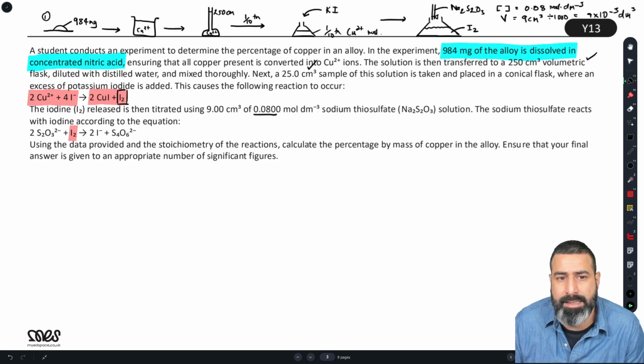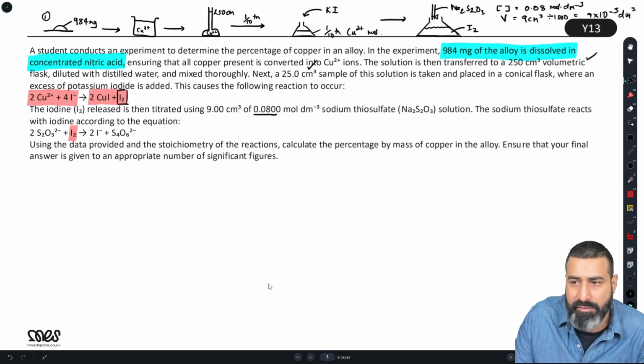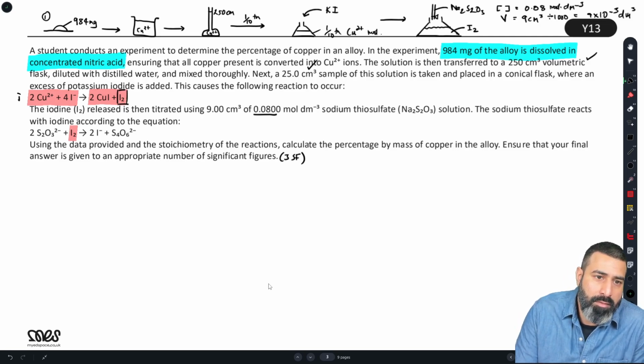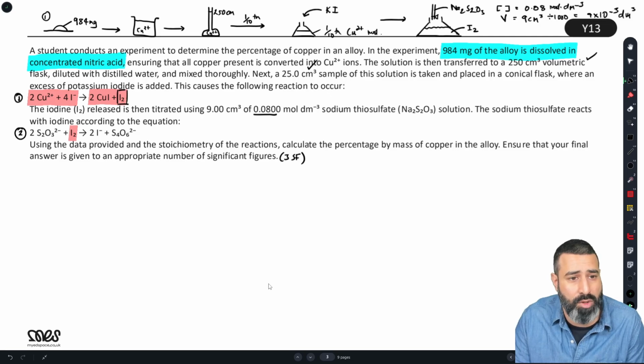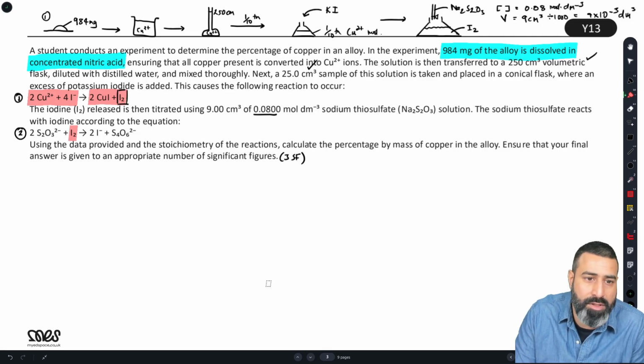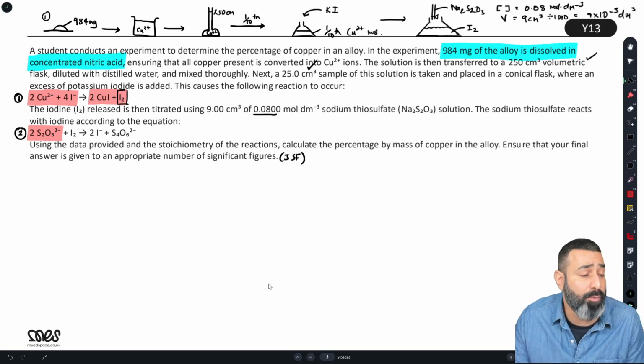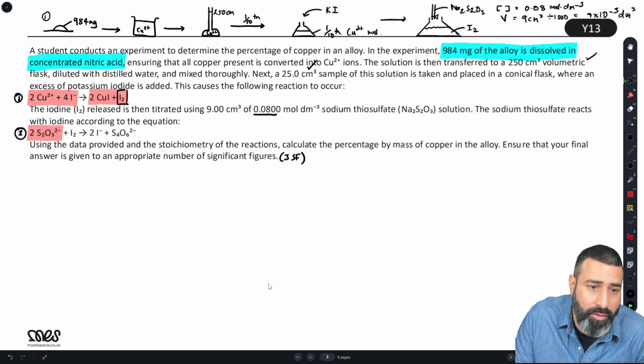Okay, using the data provided, determine the percentage by mass of copper in the alloy. Ensure that your final answer is given to an appropriate number of sig figs. Okay, so what I'm thinking here is 3 significant figures would be appropriate because that's what's quoted in the question. All right, where do we start? Do we start with number 1 or do we start with number 2? I'm going to start with equation number 2 because I know something about the sodium thiosulfate. I know the concentration and I know the volume. So if I know the concentration and the volume, I can work out the number of moles of S2O3 2 minus. So step number 1